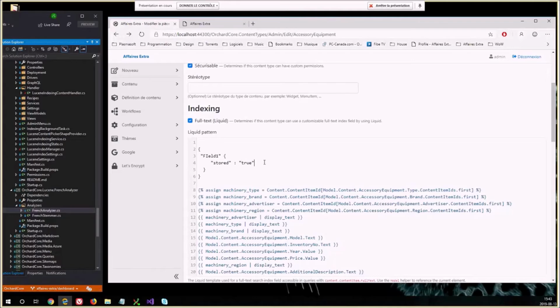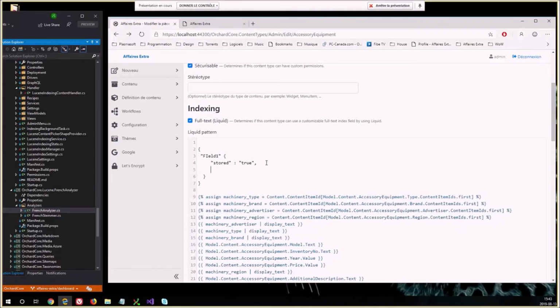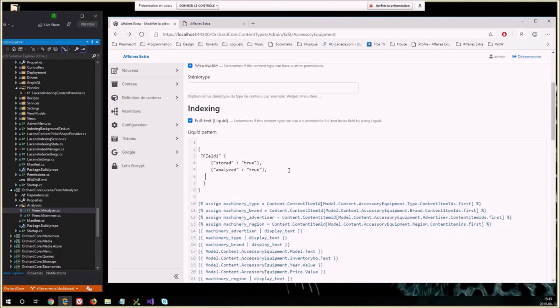Like you could have contextually some fields that are stored or analyzed, and that might be easier and more powerful than having the UI to configure the fields. So that's something that we can do also with the same technique. It's not the same goal as the full text, but being able to configure how it's indexed by JavaScript might be useful. And here is just an object that you return like this, but you can also run any JavaScript code that you want inside.